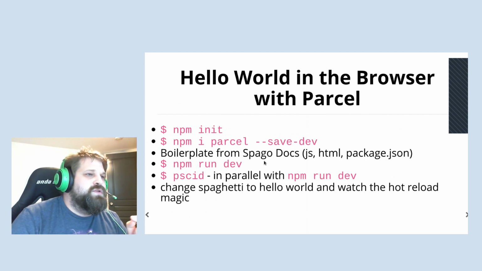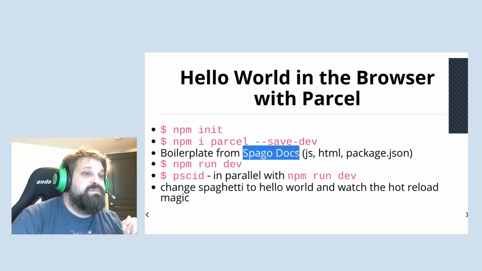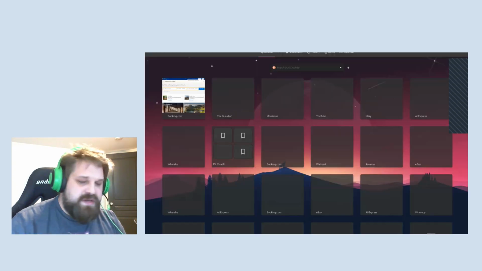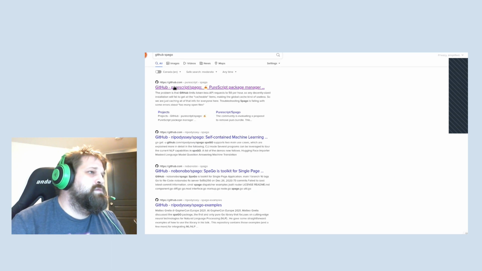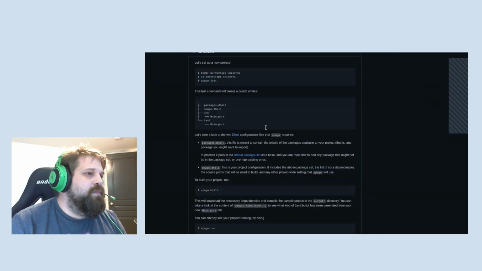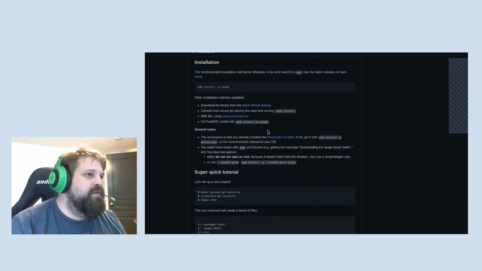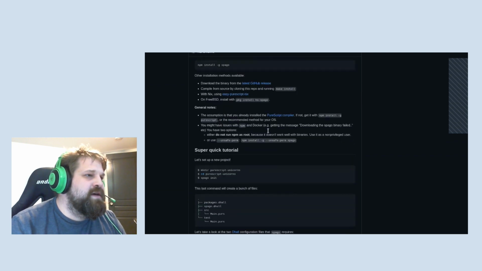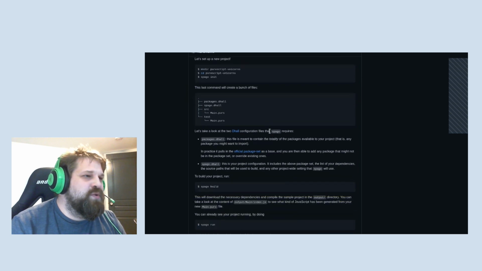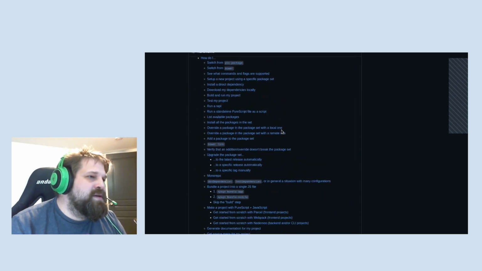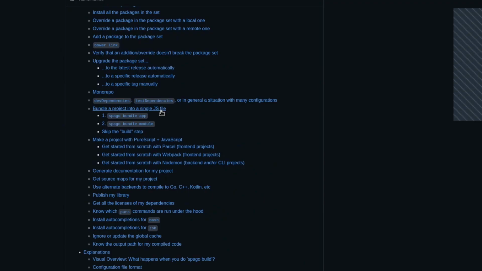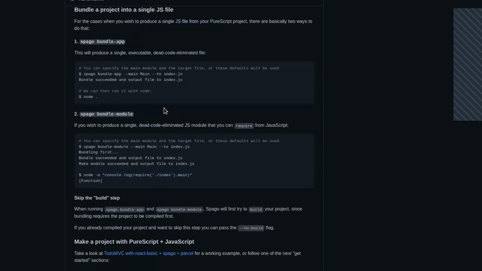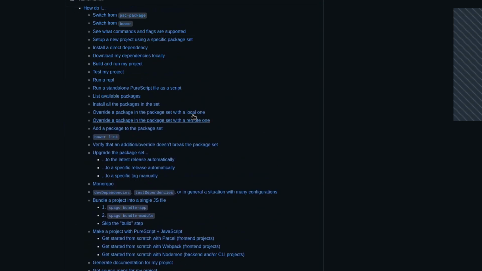The first thing you'll want to do is grab some boilerplate that's in the Spago docs. So I'm just going to search GitHub Spago and go grab that. You'll even see in their table of contents they have a super quick tutorial, and then down a little ways, they talk about setting up a project into a single JS file, or a browser or Node based project.